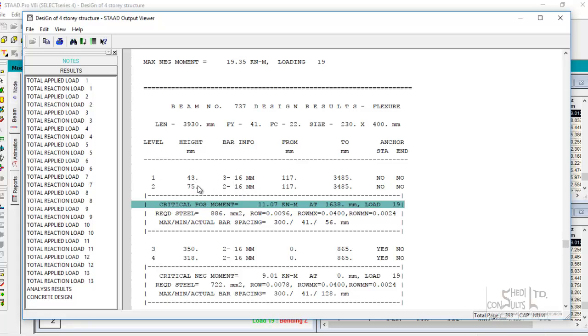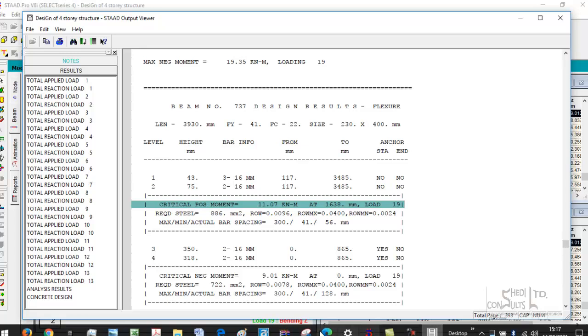So what it's telling you here now is that we need 5 T16. Because look, at height 43, you need 3 T16. At height 75, remember this is a 230 by 400. So this is still a bottom reinforcement. How do you know? Okay, 75 minus 43 will give us